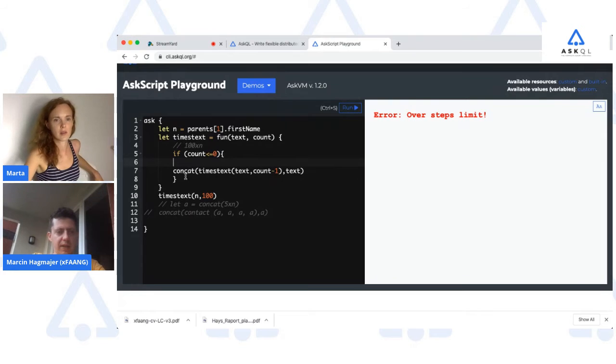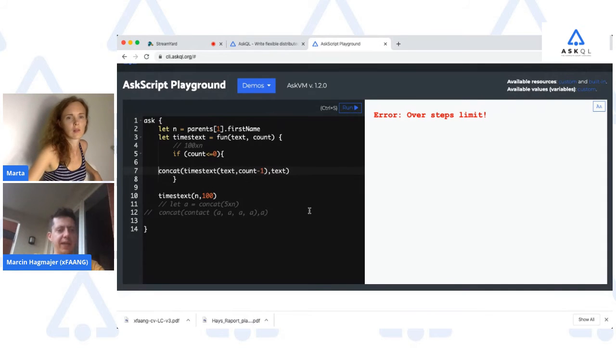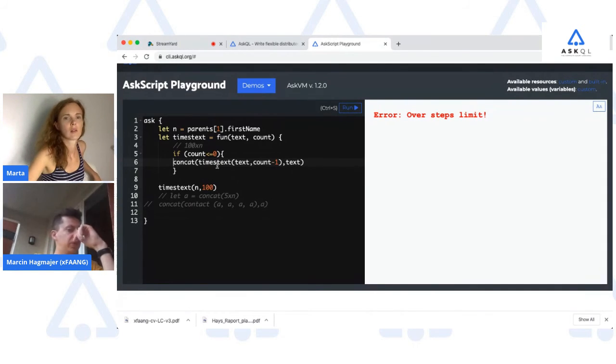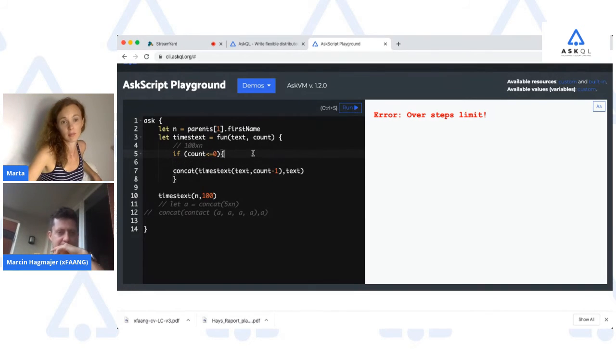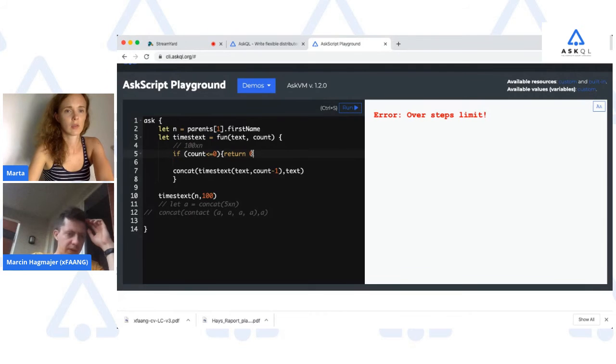This is probably unnecessary. Okay. That looks better. So the question is, what if the count is below 0? What happens then? What should timesText do if the count is equal to or below 0? It should stop. So it should not call concat anymore, right? It should return, I don't know, an empty string perhaps or something. Return 0. Or yeah, just